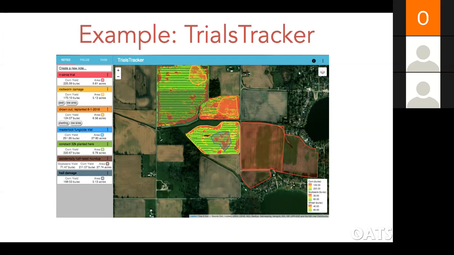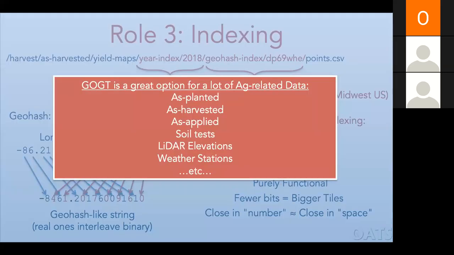What3words, I saw that from Ankita just a month ago. I love what3words. It's actually my kid's favorite game to play on my phone: look up a random tile and then laugh over the three words it picked. So yeah, what3words is awesome. I was even thinking that if we were thinking about this idea of human-readable URLs, it might be a useful way to go, as opposed to having to remember DP69WHE, it would be potato book